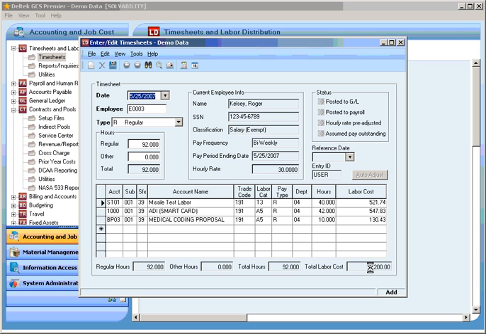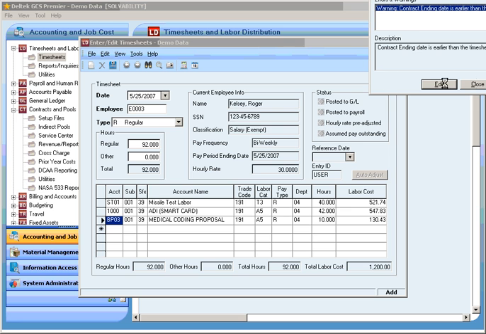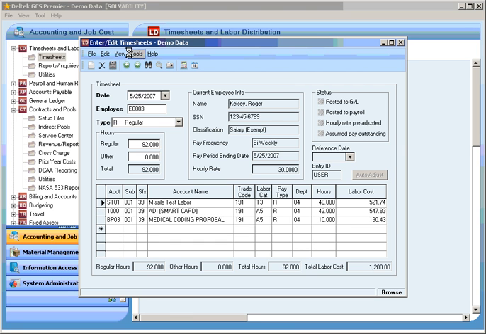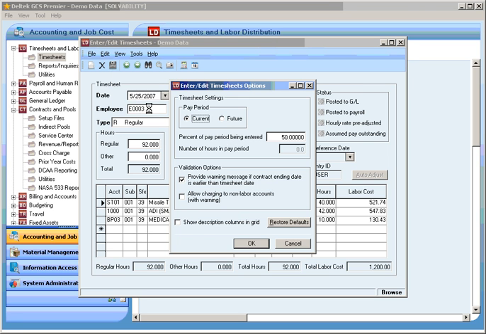Okay, there's a reason for that. I'm going to hit save, and then I'm going to come back into his timesheet and show you what I did. Ignore. Okay, now that I've got some timesheets in there for 525, I'm going to hit binoculars and go in. What I did when I was typing those things in